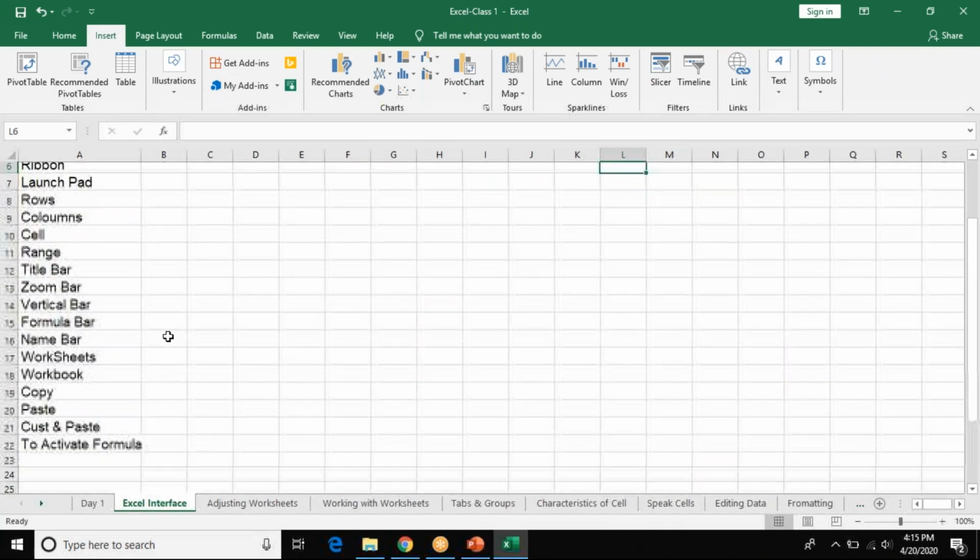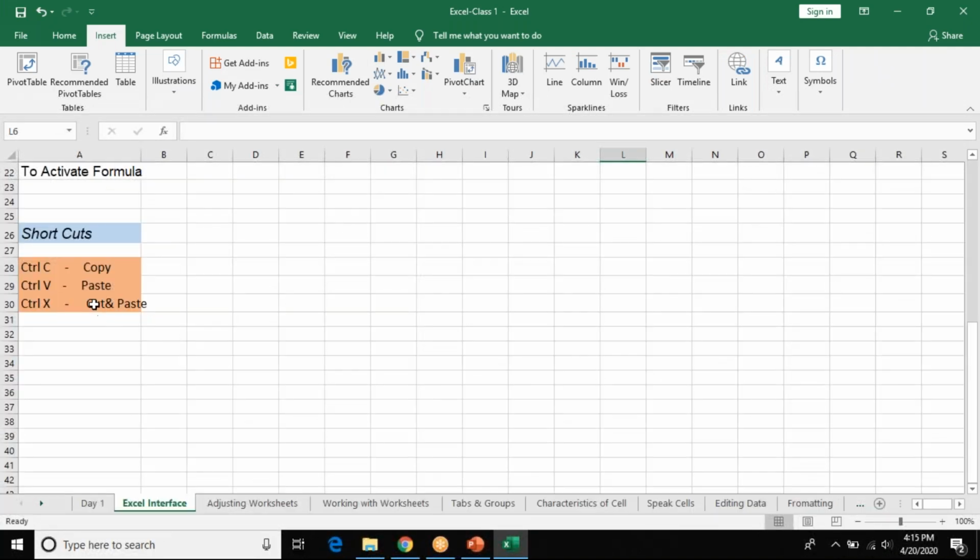Now, once we have done this, here are small shortcuts which you should know. I think you know a few things, but I'm just giving an example. If I type NICT and want to copy it, it is Control C. When you copy it, see the cell, there's a kind of design around it. That means this cell has been copied. If I want to paste it, go where you want to paste it and select that cell. To paste, it is Control V. On your desktop or laptop, you press Control and V together. You will get the same thing.